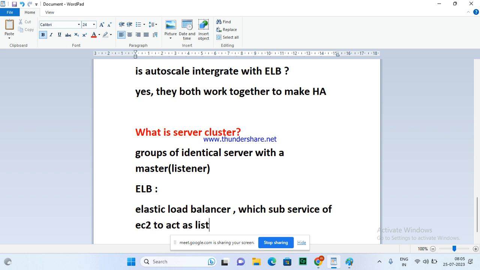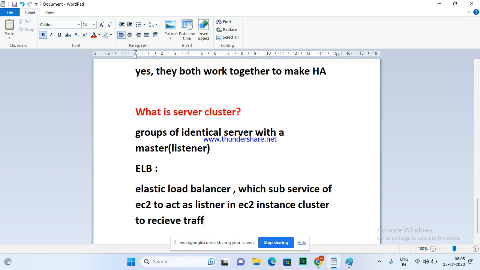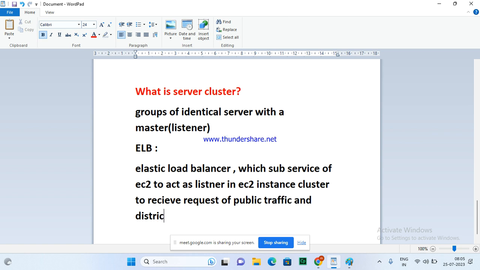To act in a cluster, EC2 instance cluster, to receive requests of public traffic, right? And distribute among all target groups. Target group.